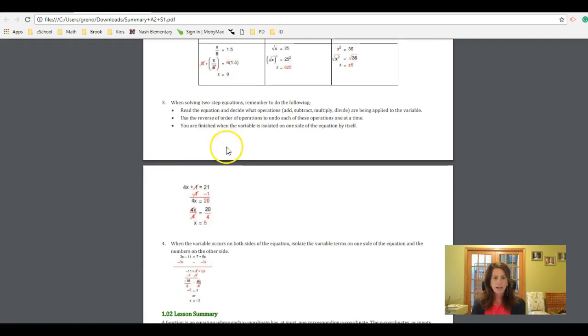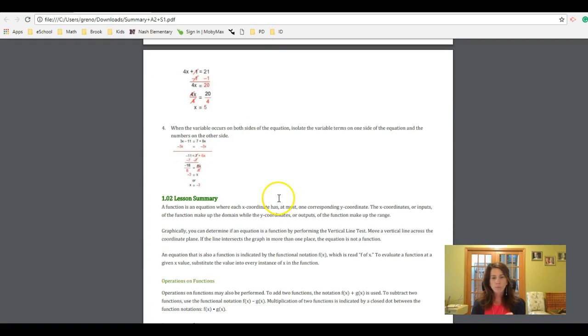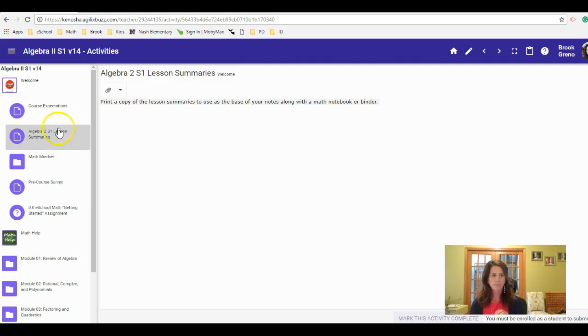But this is little mini lessons that you're able to reference. So again, most important notes. So print this out. If you have a problem printing it out, you don't have a printer, don't have access to it, we do have copies, or there are printed copies at eSchool, so you could swing by the eSchool and stop in the office and they can get you a copy there. You can print one off in that computer lab. But this will be probably one of the first questions when we work together for that first discussion-based assessment, or part 2, I will ask you is, do you have a printed copy of your lesson summary packet? So please make sure that you do that. So again, course expectations, you've read it, you feel good, printed your lesson summary packet off, check, that's in your notebook, you're ready to roll here.